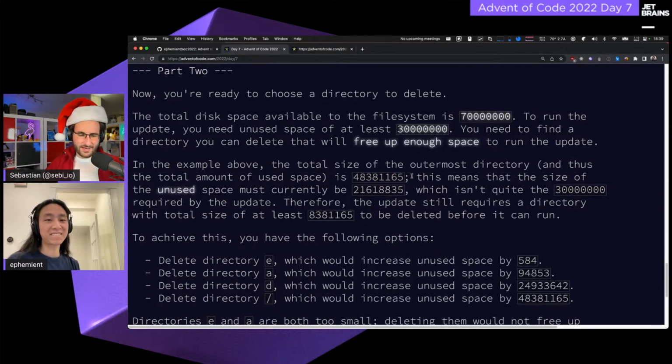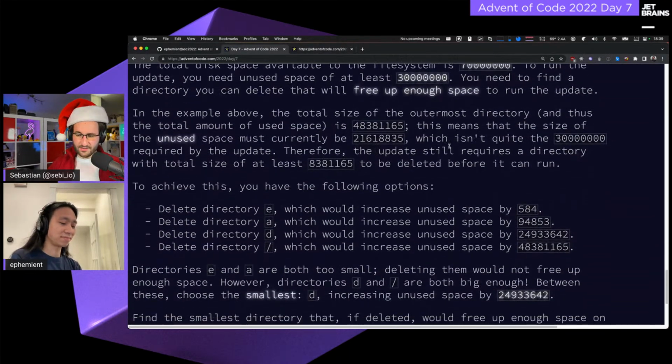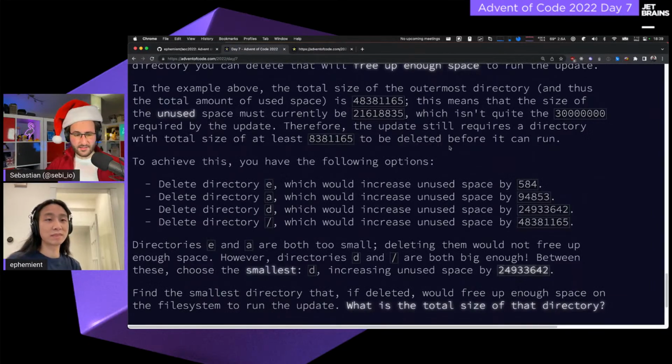This means that the size of the unused space must currently be 21,618,835, which isn't quite the 30 million required by the update. Therefore, the update still requires a directory with a total size of at least 8,381,165 to be deleted before it can run.